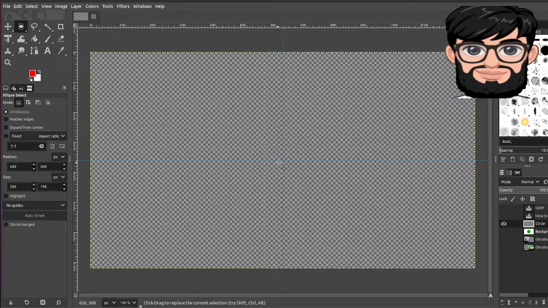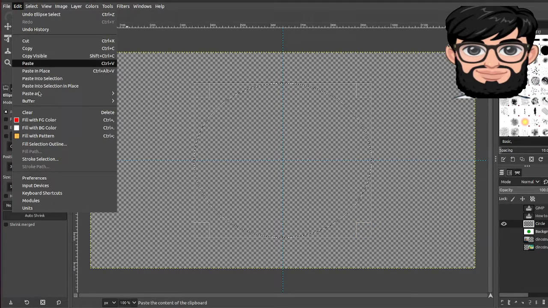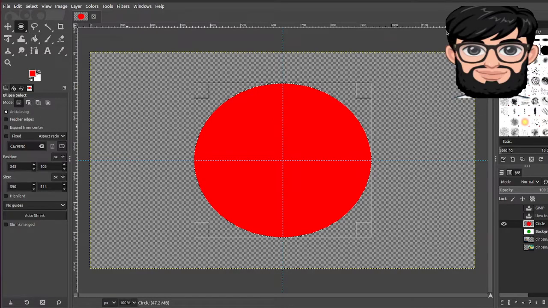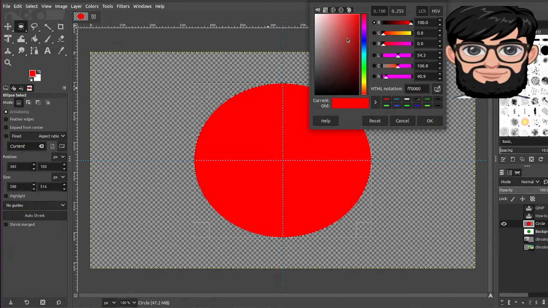Control, and then double click it. Oops, too small, I mean. And then we're gonna do one more time. Too big. This is good enough. Okay, and fill it with the select, edit, fill with the background,